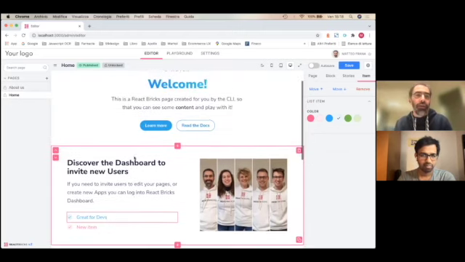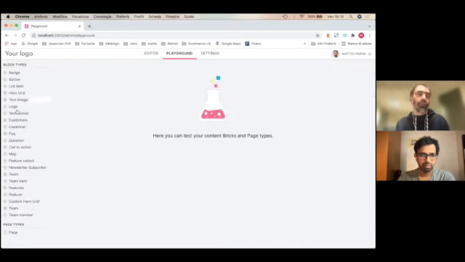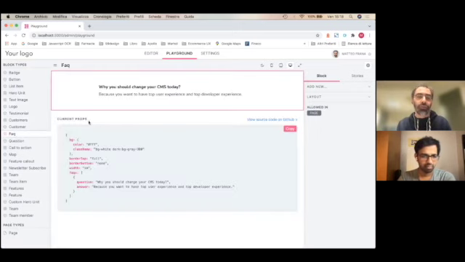And then you have the playground, where you can see all of your design system. So these are all the bricks that you can use.